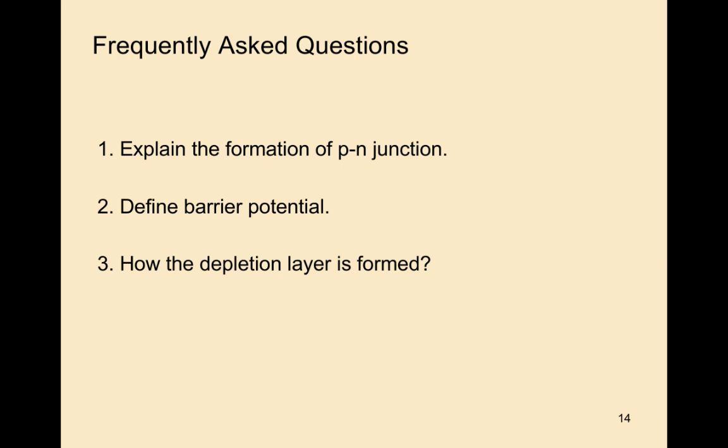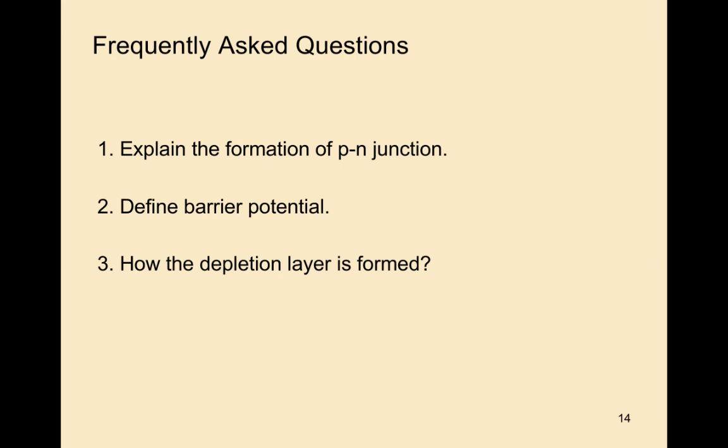Take one p-type semiconductor and one n-type semiconductor and join them together. P is on the left side and n is on the right side. By joining these together, one junction is formed. At this junction, the holes from the p side and electrons from the n side diffuse towards each other.